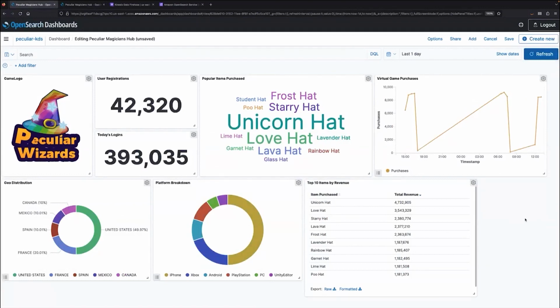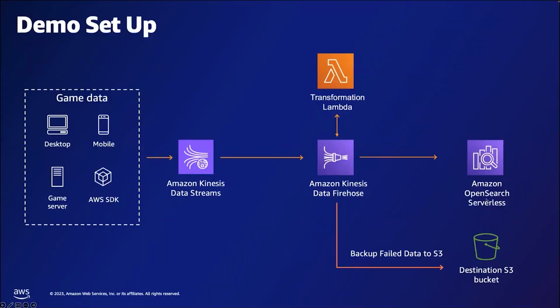So let me take a step back and come back into my presentation. Hopefully you were able to see that we were generating data, putting it onto the Kinesis data streams, and getting Amazon Kinesis Data Firehose to grab that data off of the Kinesis data streams and push it into OpenSearch Serverless, all by just saying what index we want to send this to.